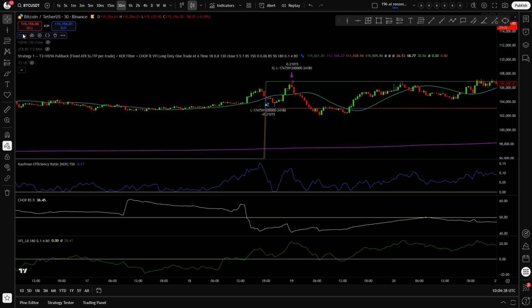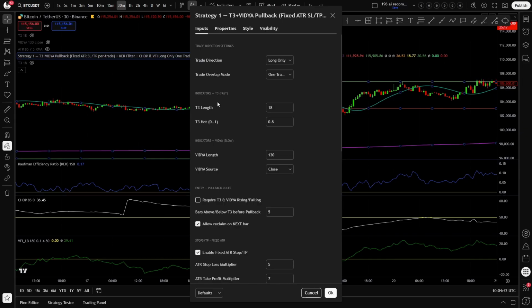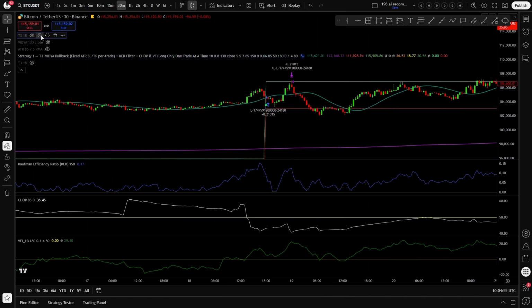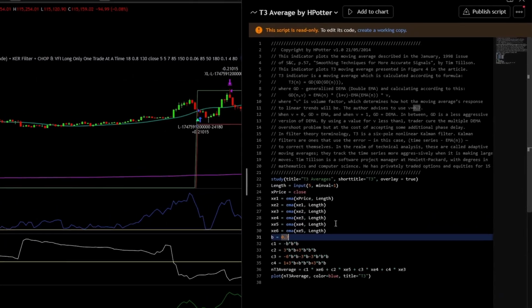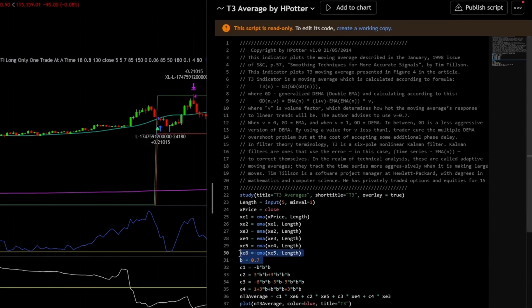For the T3, we need to change the code a bit, because if you open up the strategy script, you can see 2 settings for the T3. One is the length and the T3 hot. Now this is set to 0.8, and on default in the code of T3, it is set to 0.7. Let me show you. This B value is the T3 hot. So we need to make that